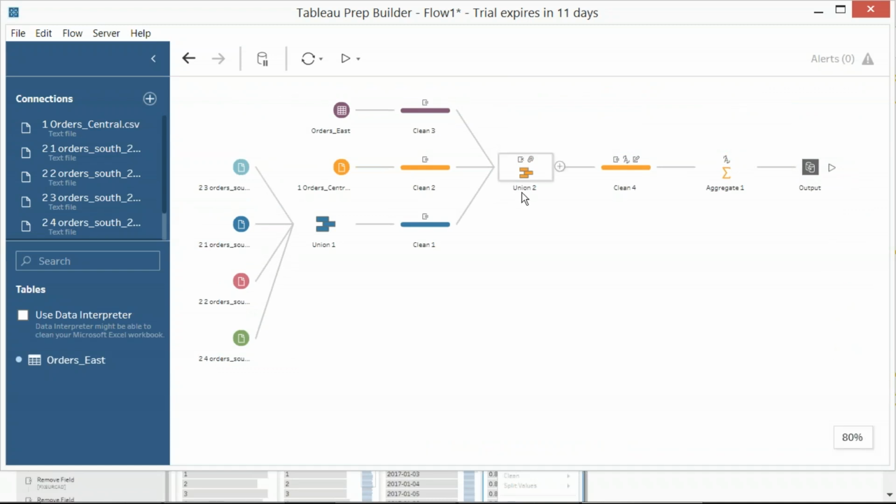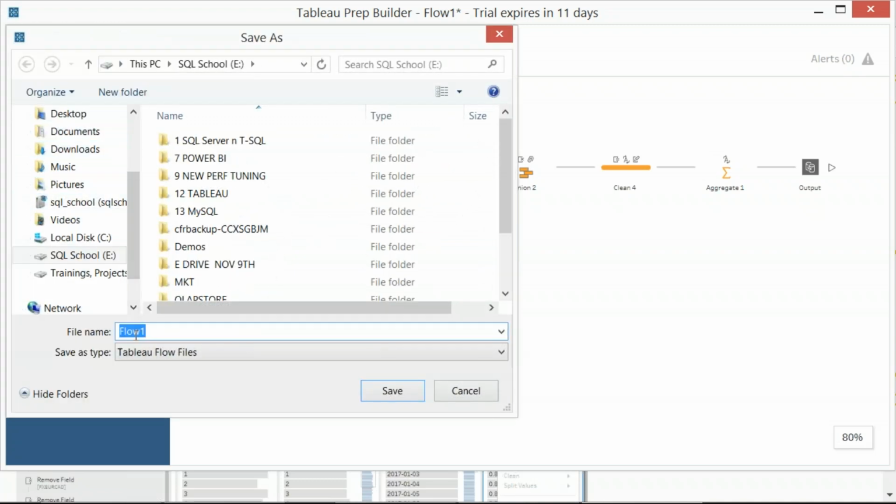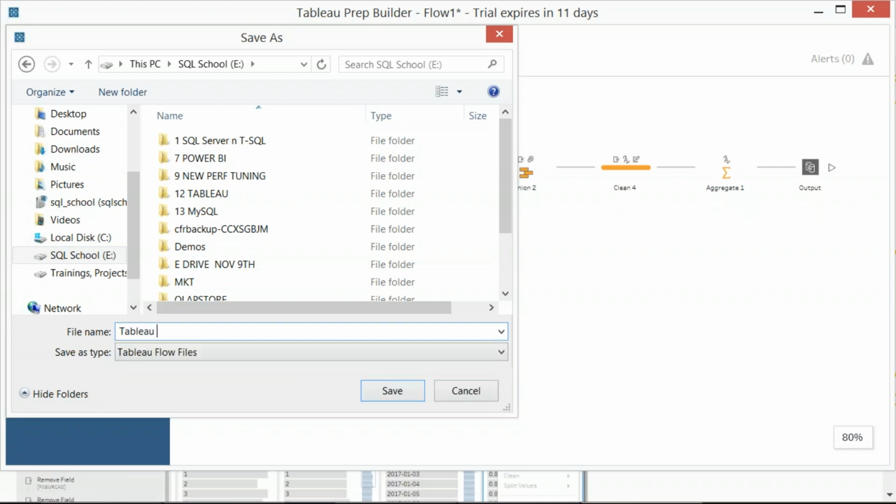And whatever effort we did just now, we can save these definitions, the flow definitions, save as, and it is a Tableau flow file. Onto my E drive, I'll say a Tableau flow file. Why to save this? Simple. To perform further edit. Someone said, no, I don't want profit. I don't want sum of profit. I want average profit.